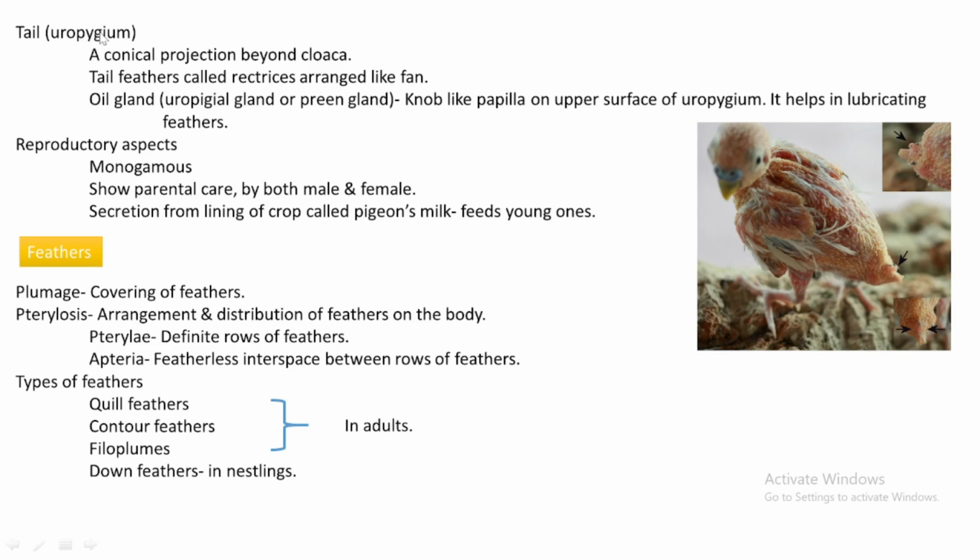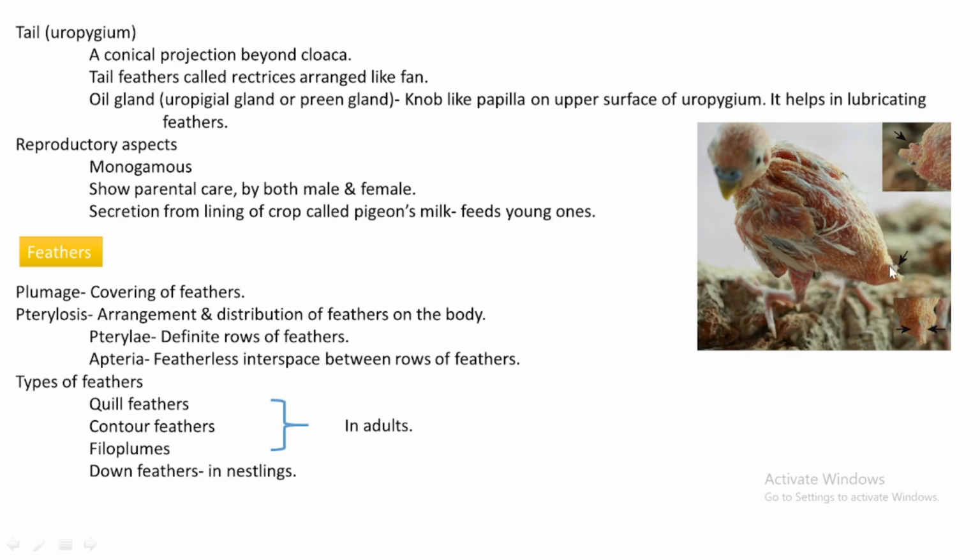The tail is otherwise called the uropygium. A conical projection we can see here in this picture. You can see that conical projection, that is called the uropygium, beyond the cloaca. Cloaca means it's a common opening for releasing the waste and the sex cells. Okay, then